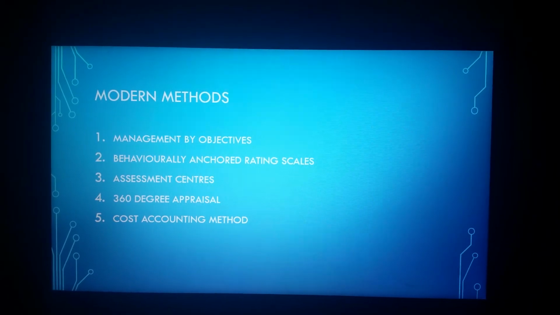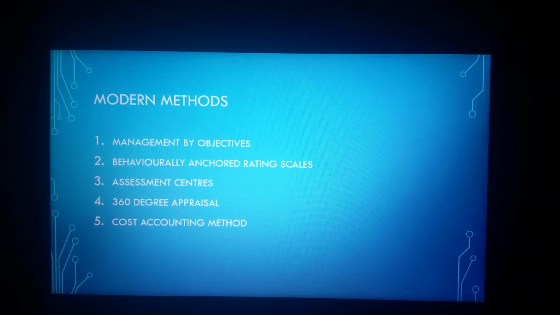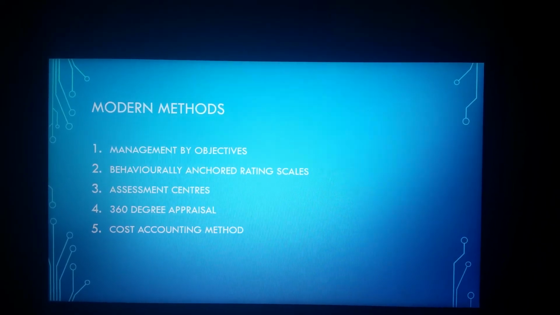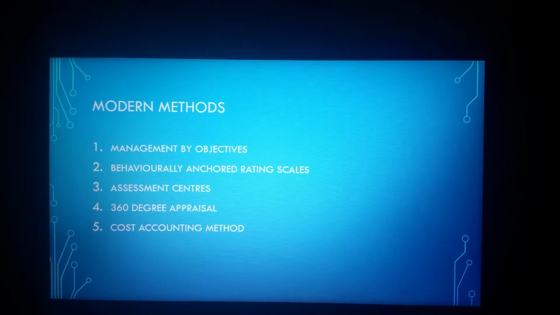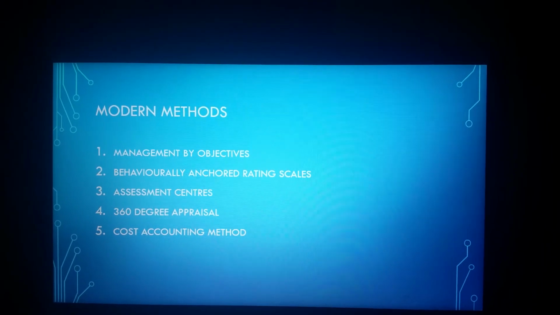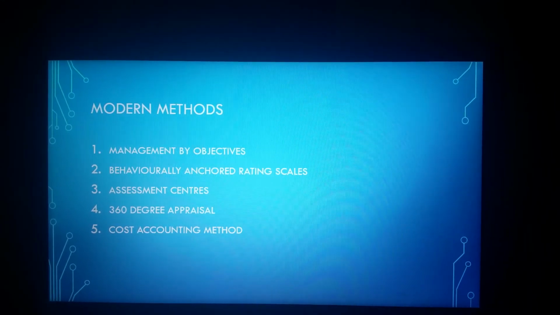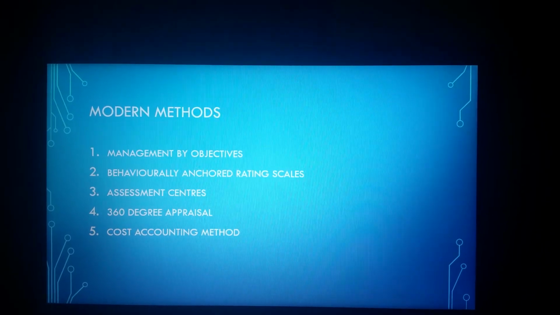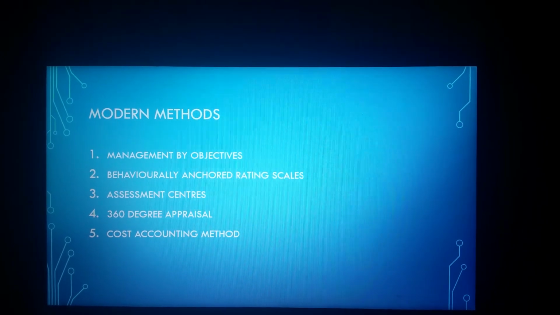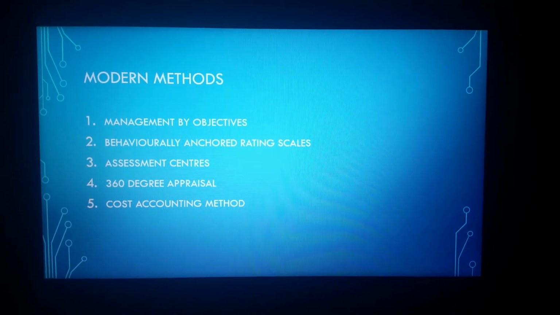The next method of performance appraisal is the 360-degree appraisal. This method was first used by General Electric Company of USA in 1992, and in India various big companies like Reliance, Wipro, Infosys and Thomas Cook are using this method. This method makes an assessment of the employee's performance throughout the year, because generally, if the assessment is made once in 3 months or once in 6 months, the employees will try to rectify their performance just before the assessment is made.